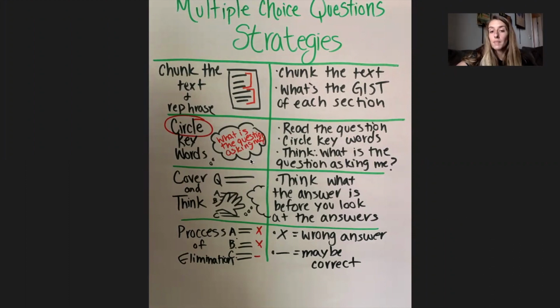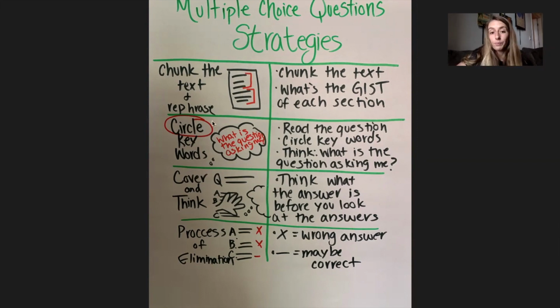So there's four main things that we talk about when we're answering multiple choice questions. The first thing we want to do is make sure that after we read our text that we understand what we read. In class, we did this with chunking the text, but since this is on the computer, we're just going to read our article and then we're going to make sure that when we're done reading that we understand